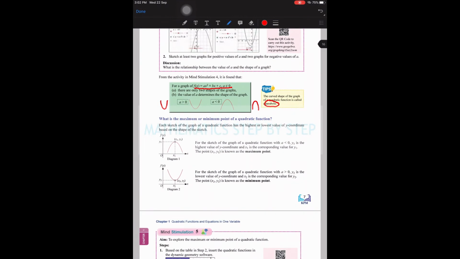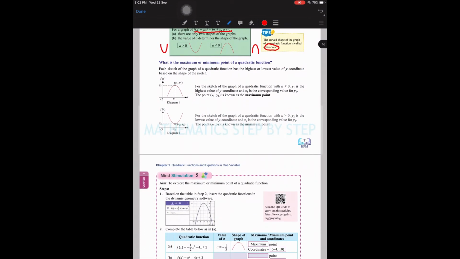So what is the maximum or minimum point of a quadratic function? Let's refer to this diagram 1. We can see that it is an inverted smiley, so from here we know that a is less than 0. And we can see that this is the maximum point of this parabola. So the highest value of y coordinate is y1, and x1 is the corresponding value for y1. And the maximum point has this coordinate,